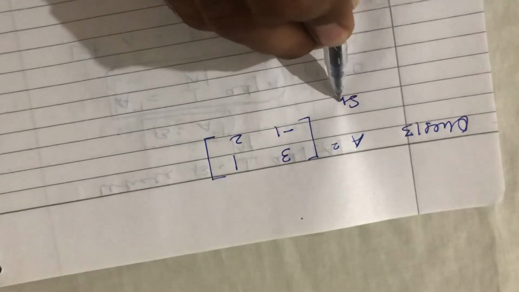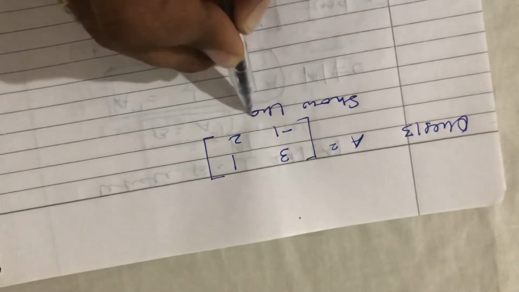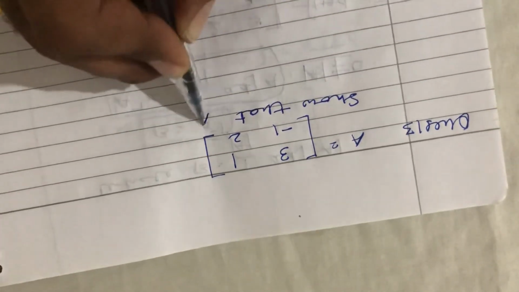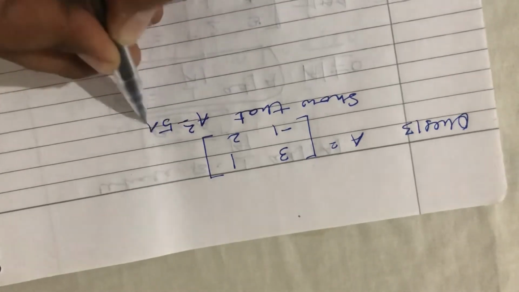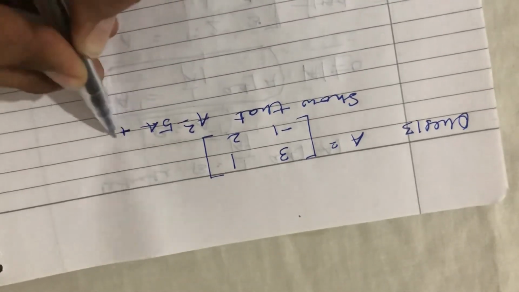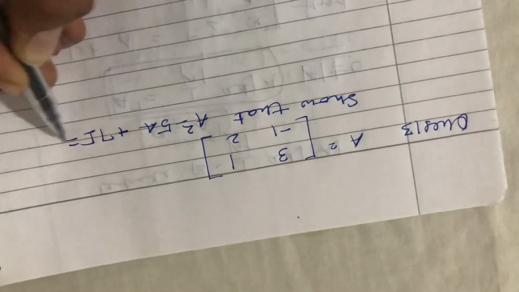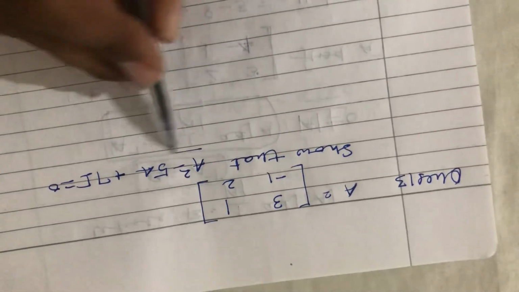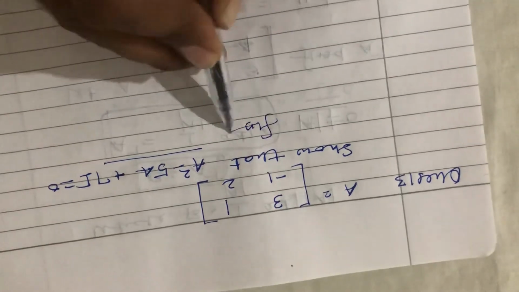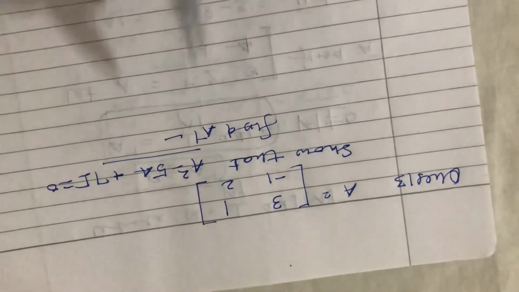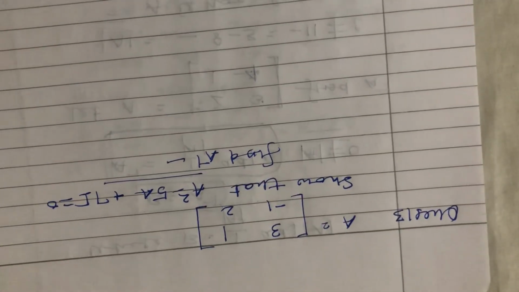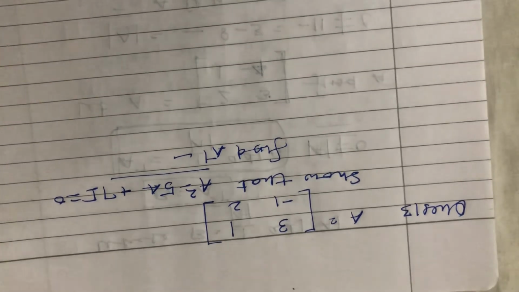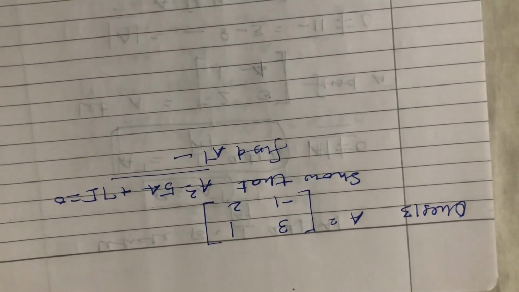Then show that A square minus 5A plus 7I is equal to 0. Correct? First we will prove it and find A inverse. Correct? Here inverse means we have already found the